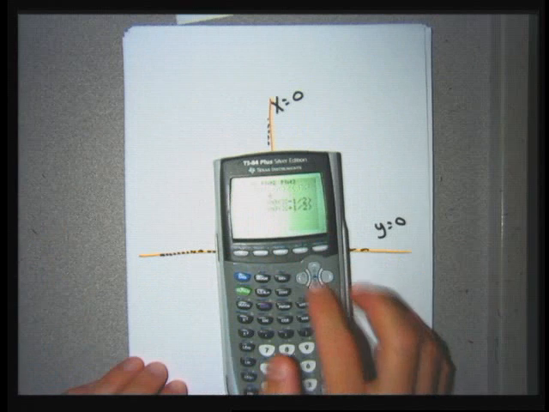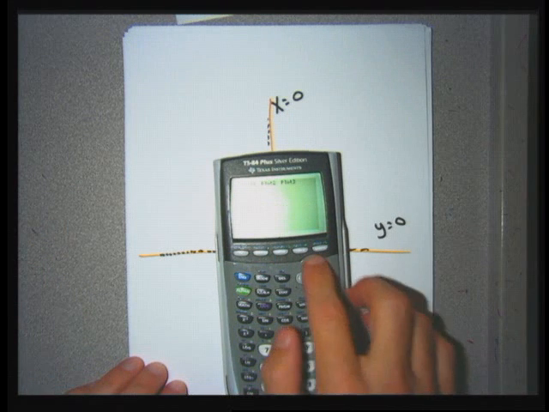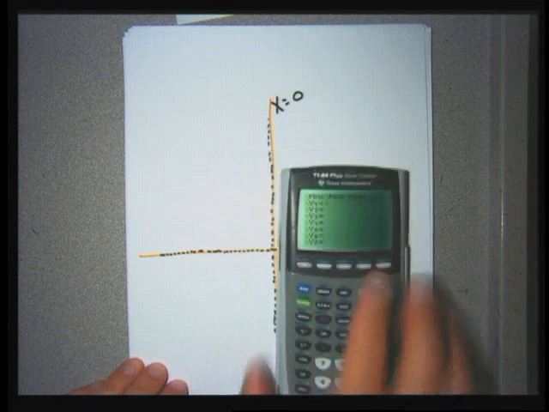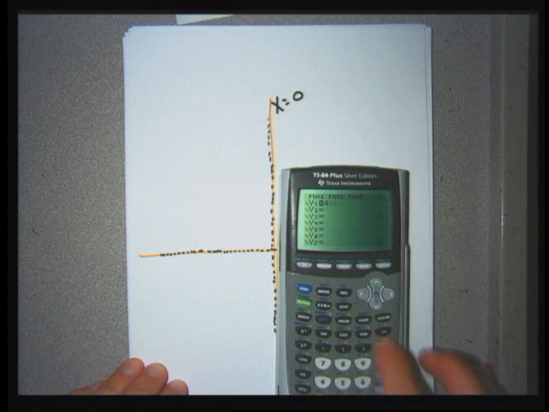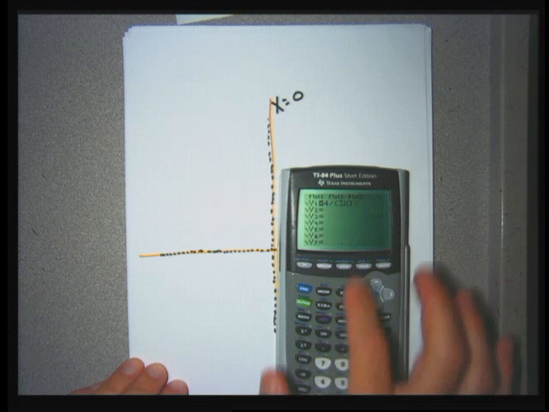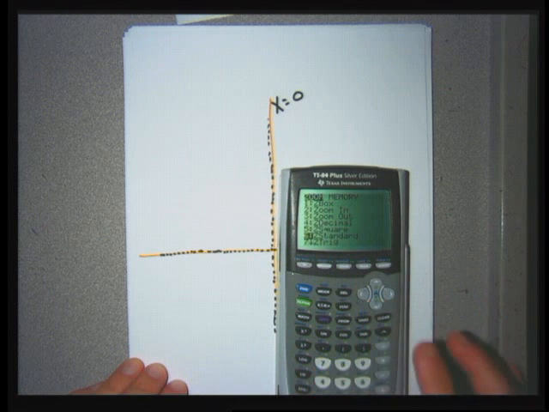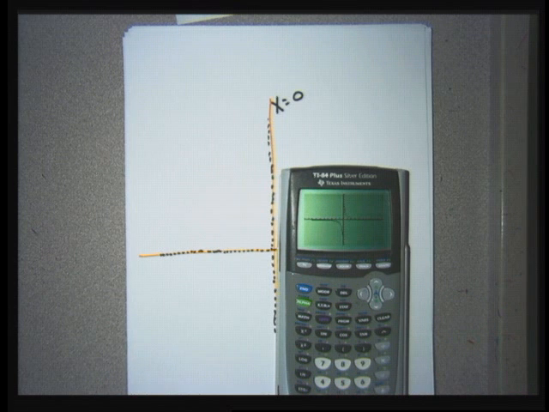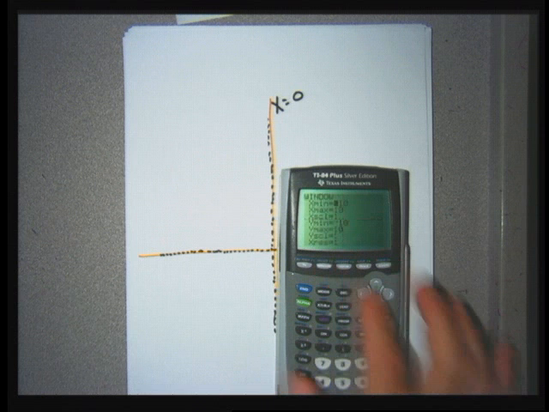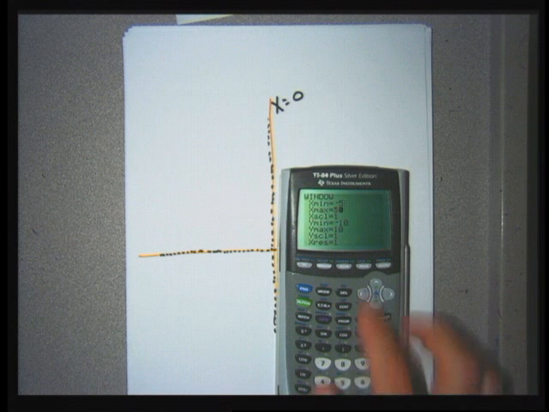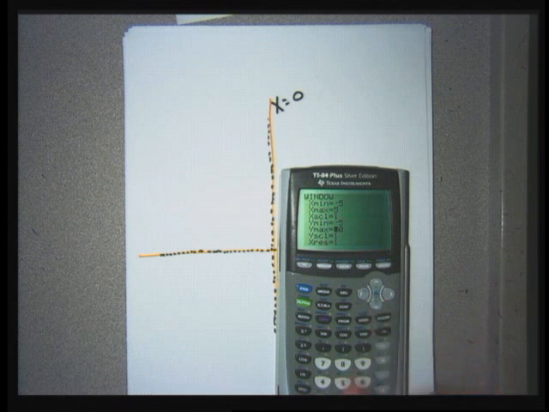I'm going to hit my y equals button, clear out everything that's in there, type 4 over 3x. Put 3x in parentheses to be safe. I think a standard window will work. I'm going to go zoom standard and see what happens. And that's probably reasonable. Maybe if I crunch the window down to the 5s a little bit, I'll see a better picture. Let me just go -5 to 5 on the x's. Although that picture wasn't bad,